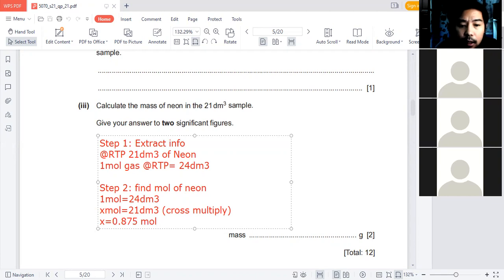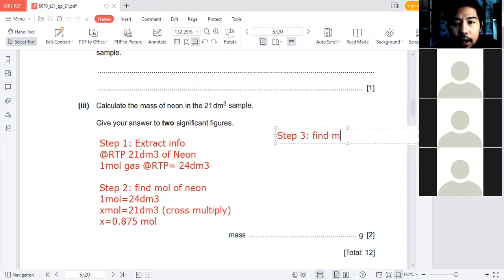So we have 0.875 mole of neon, or 0.8, sama lah tu. Hudna, try to use the longer version, because this is not the final answer. Now once I found the mole, I'm gonna use step number 3. Step 3, find mass of neon using formula,